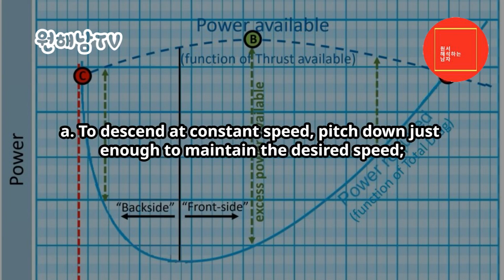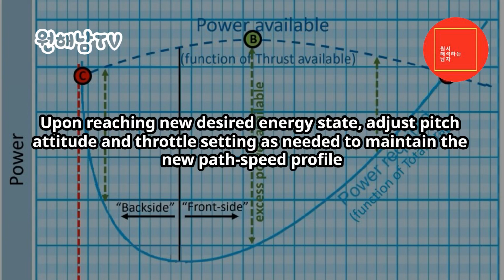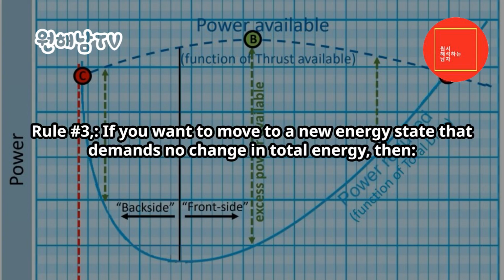To descend at constant speed, pitch down just enough to maintain the desired speed. B. To slow down at constant altitude, gradually pitch up just enough to maintain path. Upon reaching the new desired energy state, adjust pitch attitude and throttle setting as needed to maintain the new path speed profile. Rule number 3: if you want to move to a new energy state that demands no change in total